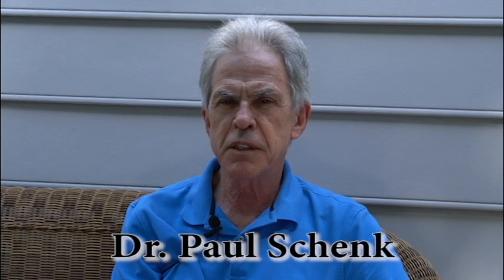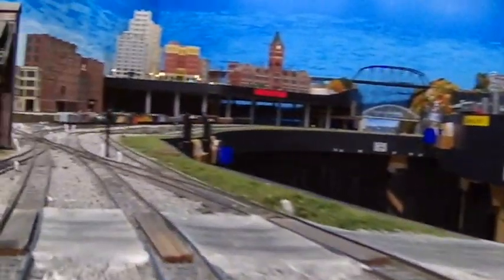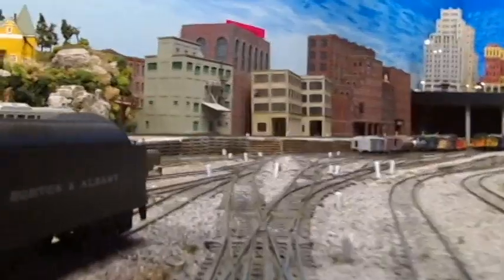Like many of us who love model railroading, I first got interested when I was about 1/9 my current age. I got started with a Lionel 4x8 layout with a freight siding. Then adolescence got in the way, and the hobby went quiet until about 30 years later, when my son Michael